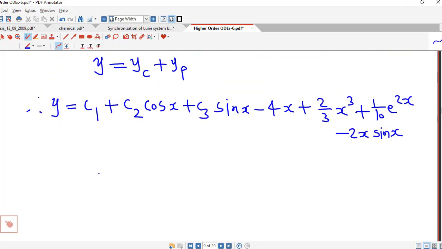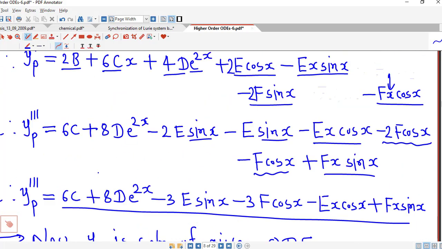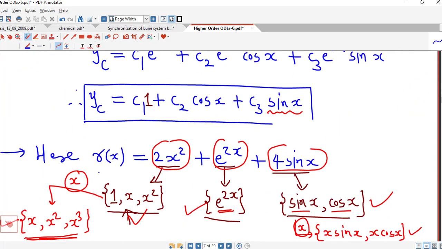So in this way we can find the particular integral in the method of undetermined coefficients,